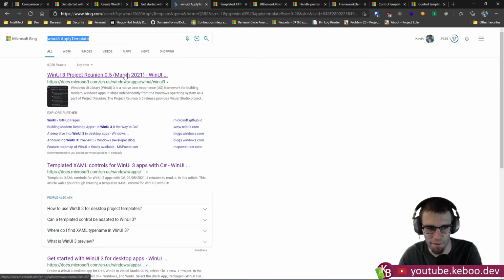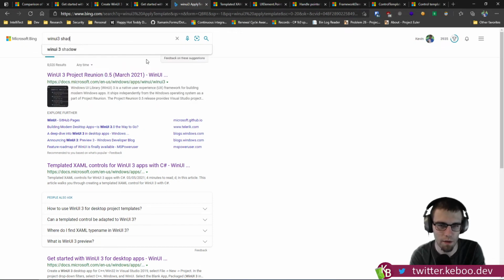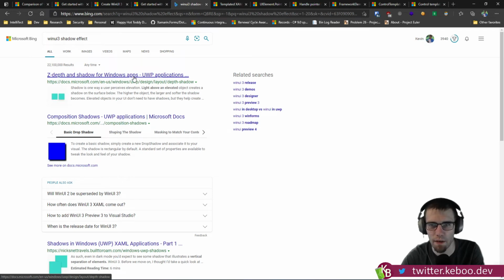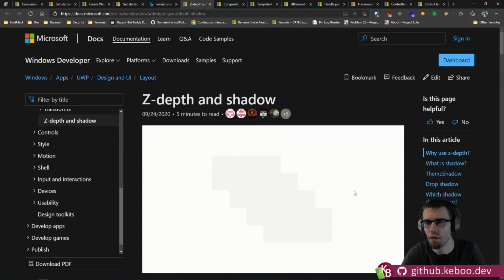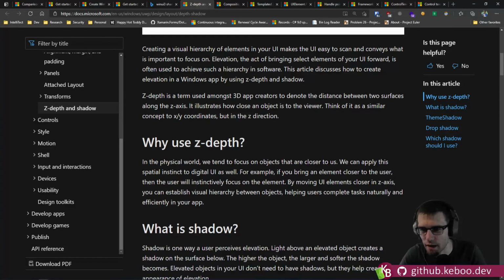They don't really have true shadows, but they do have elevation, which we implement in WPF as a shadow with slightly different radiuses. And I know we've got composition shadows. Z depth and shadow. Well, that is exactly